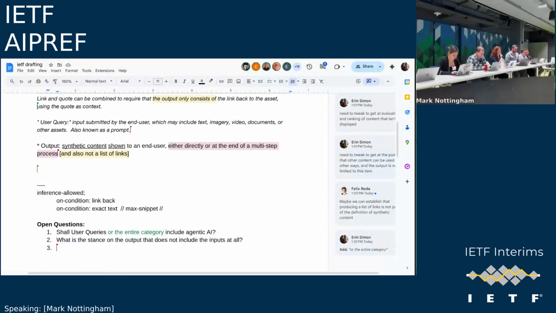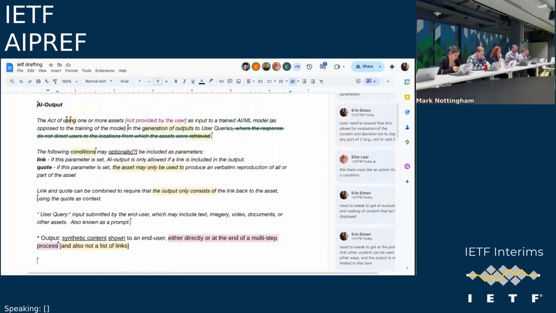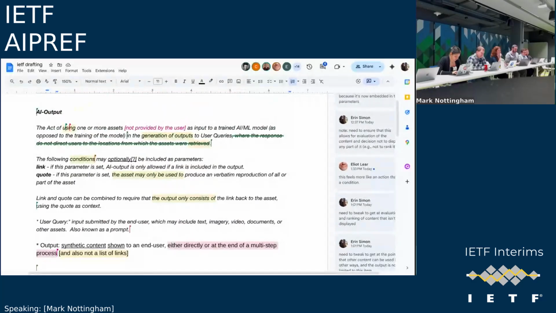Yeah, I think we can definitely add, I was going to type in the open question of should this be limited to web crawl, but I don't understand the case where the content would be used, but then not sit in the output, and this would not apply because it says the use of an asset as an input in the generation of outputs, and that you can limit that to the case where the output includes a direct quote, or that the use of the asset is limited to quoting from the asset.